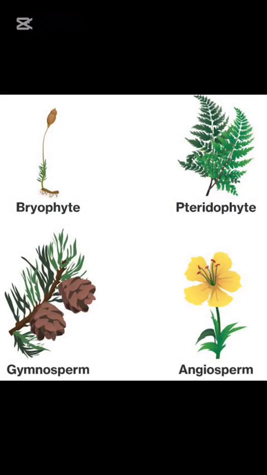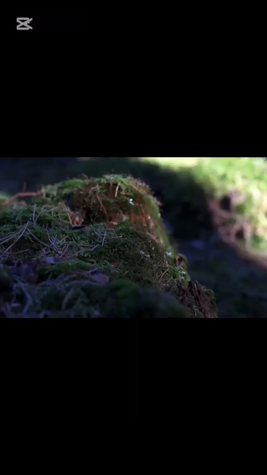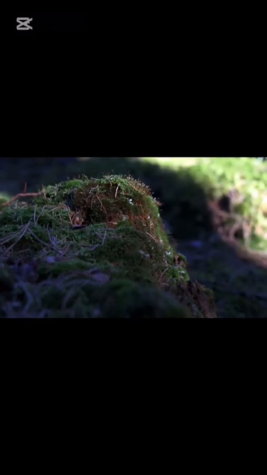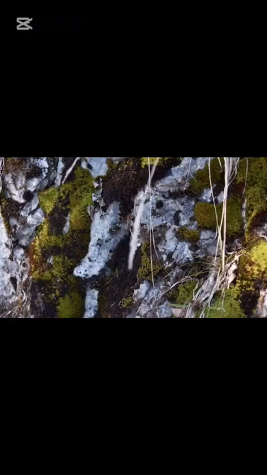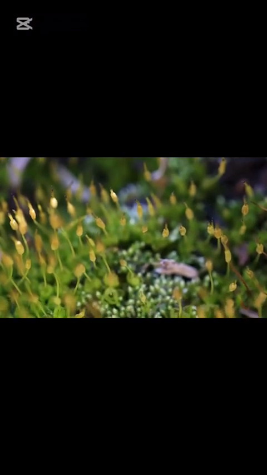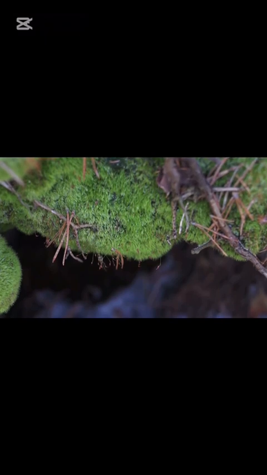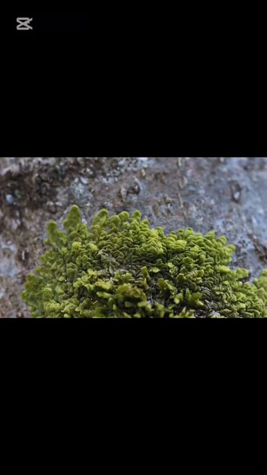Next up, we have the different types of plant groups. Bryophytes. Bryophytes such as mosses mainly exist in damp, shady environments, often near water bodies. Water is crucial for their reproduction. This is so sperm can swim through water to fertilize the egg within the archegonium. Bryophytes do not have flowers, so they rely on spores for reproduction. These spores are dispersed by wind or water. Interestingly, bryophytes lack vascular tissue, so they depend on the surrounding moisture for nutrient transport.